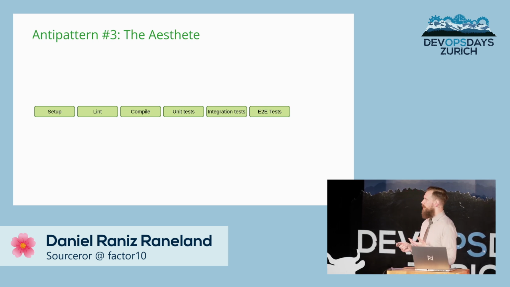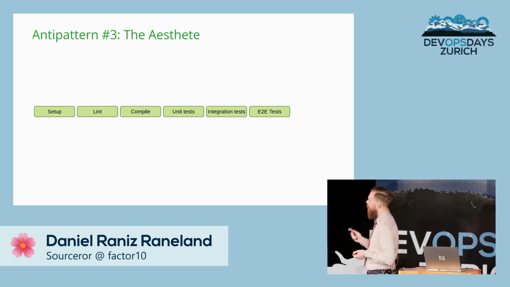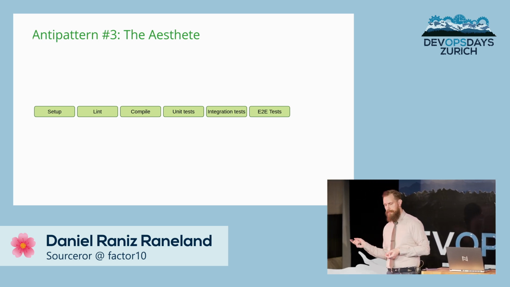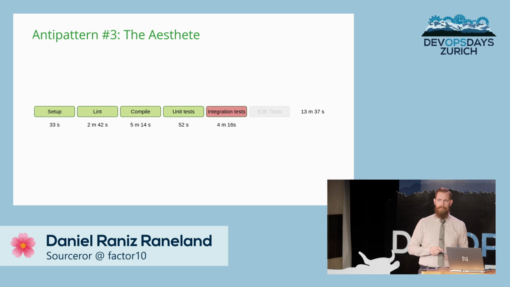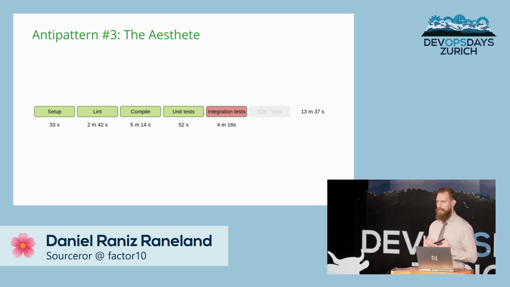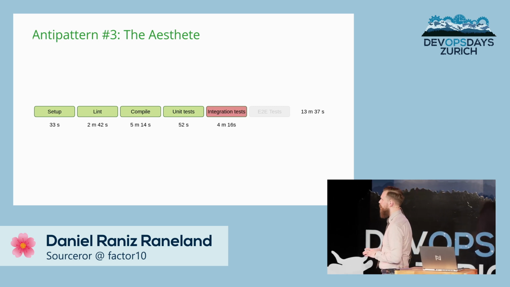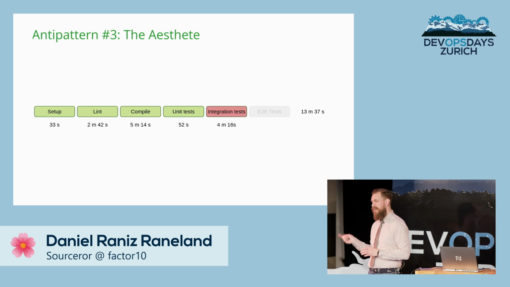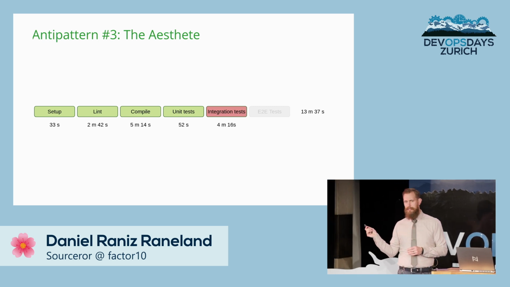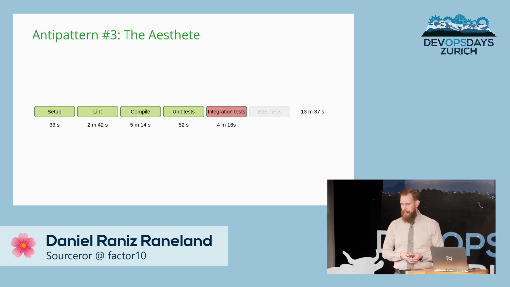But depending on the project, and in my experience in the projects I've worked with, the step that usually fails the most, that's the integration tests. Personally, this is because I do test-driven development, so I run all the unit tests while I'm developing. So I typically don't check in failing unit tests. I might forget to run all the integration tests, though, because I usually develop with integration tests. So those are the ones that fail.